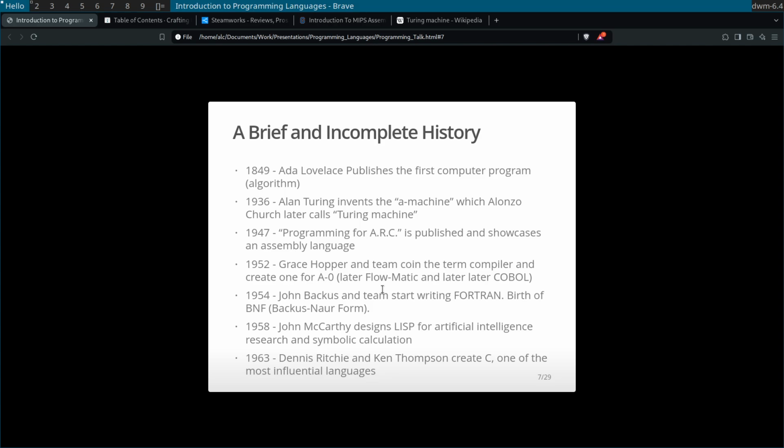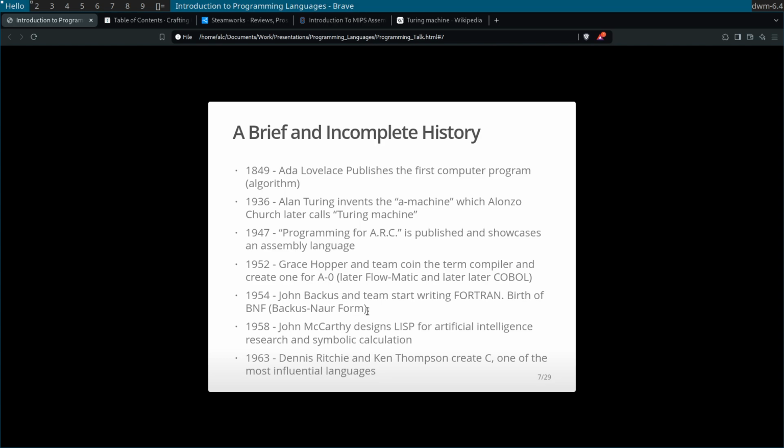So at the beginning of the pandemic, some people weren't getting stimulus checks because the language that did that was in COBOL. So they had to hire people that had expertise in this, because now it's not such a used language. But it was kind of like one of the first compiled languages that a lot of people were learning. And it has to do with common business logic, I believe is what it stands for. So it's for people that weren't really great at programming, but kind of knew what they wanted to do.